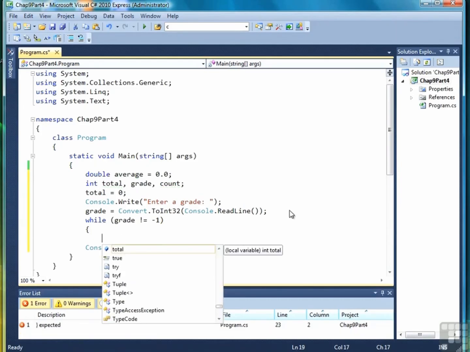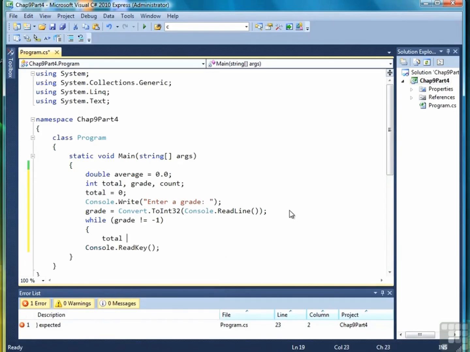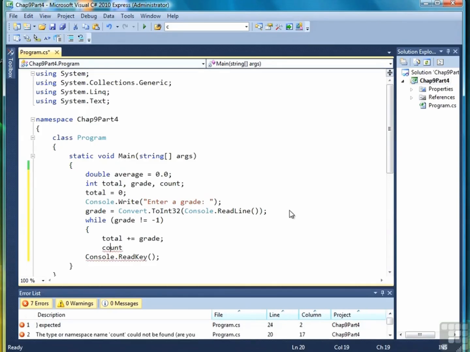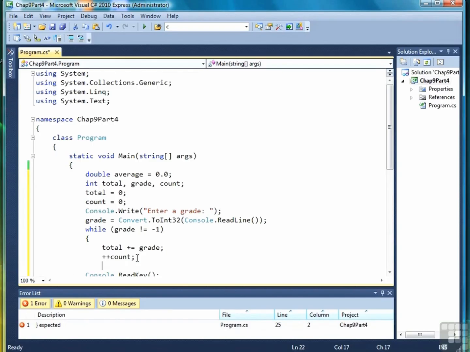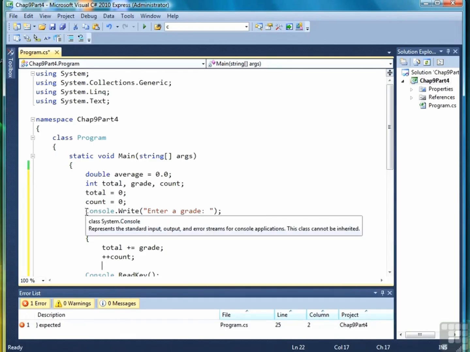So while the value of grade is not equal to -1, add that grade to the total, increment the count by 1. Let's do a prefix increment. And while we're at it, let's also initialize count to 0, like so. There we go. And then after we've incremented count, then we need to prompt the user to enter a grade again,